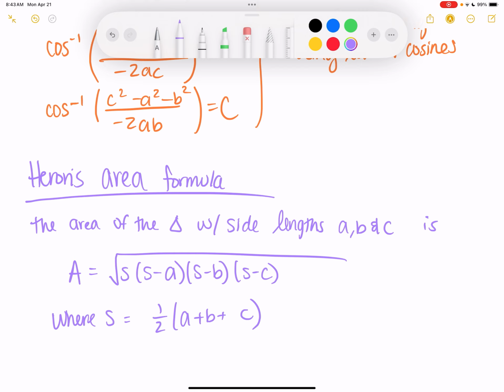And it uses all the information. If they give you three sides, this is the area formula that you have to use. Those are the only situations that we can have with this. So, actually, I'm going to stop this so I have enough